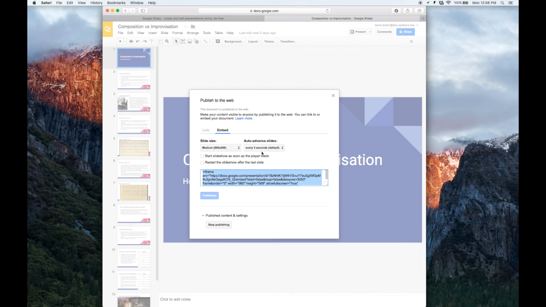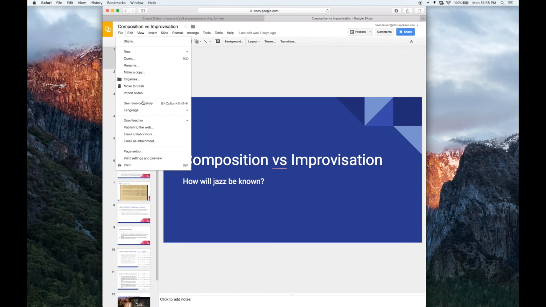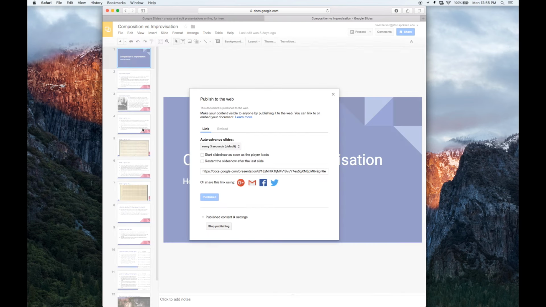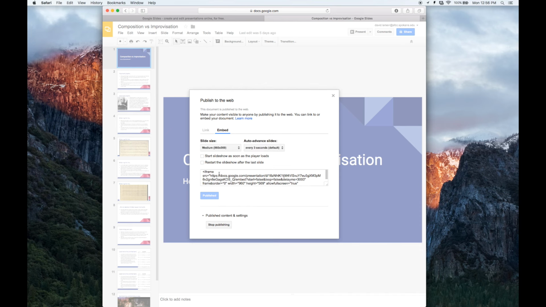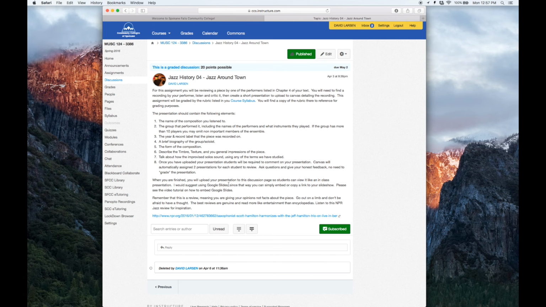So again, we have File, Publish to the Web, Embed, we'll choose a size, we'll publish, and then we will click on the text and Control-C or Command-C, and we'll be ready to go. Now once we've made it back into Canvas, we're going to go to the discussion or